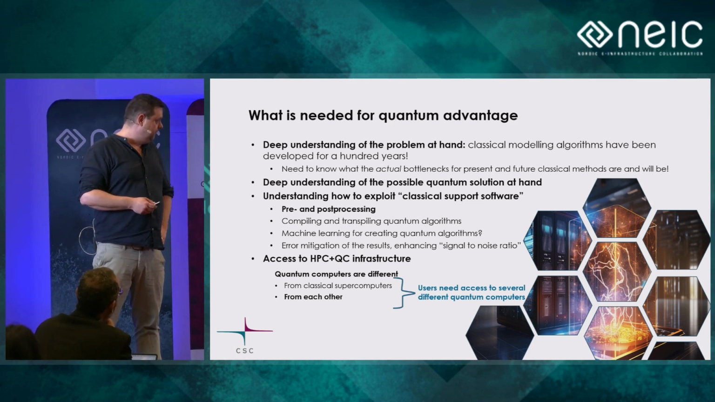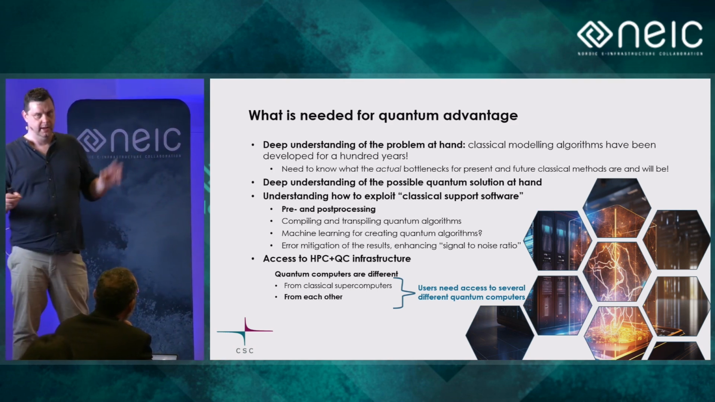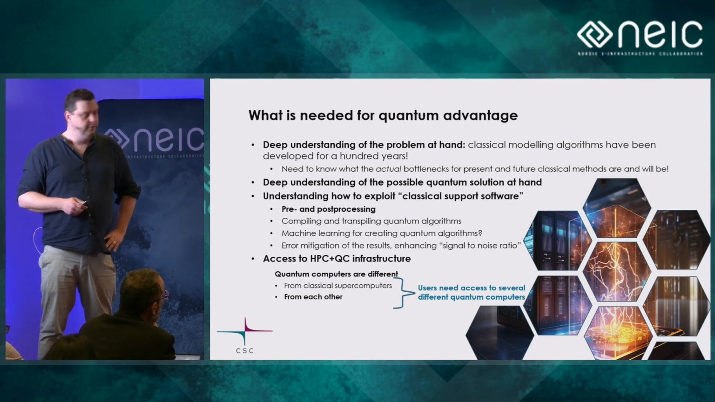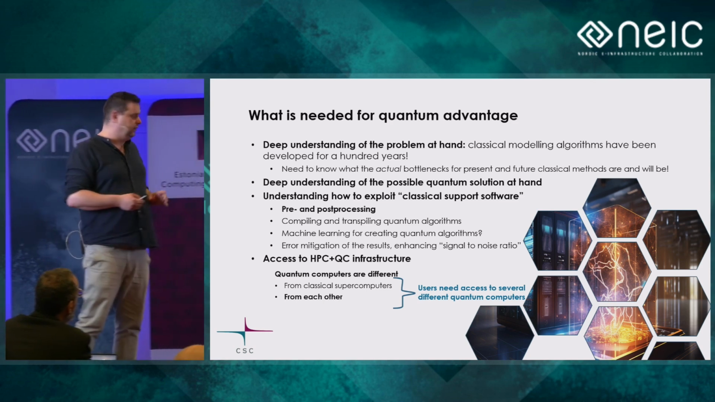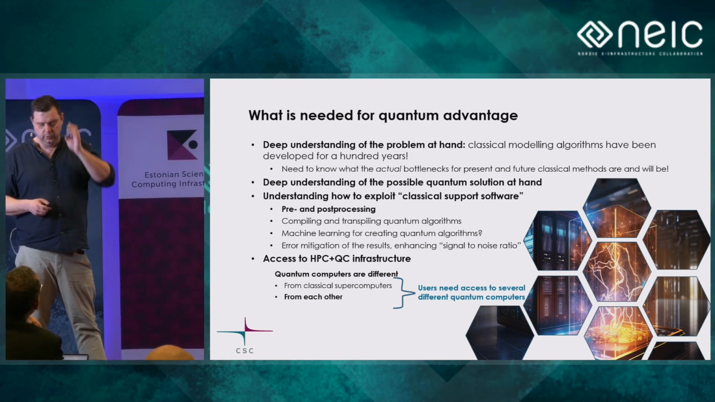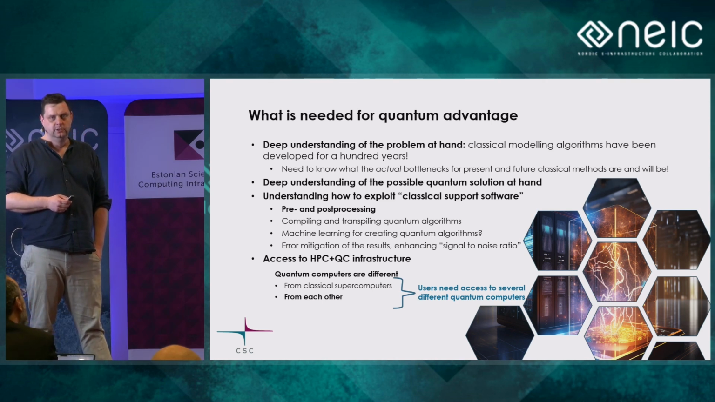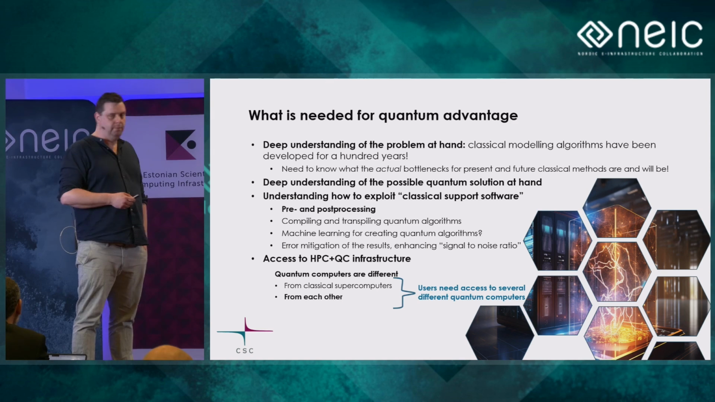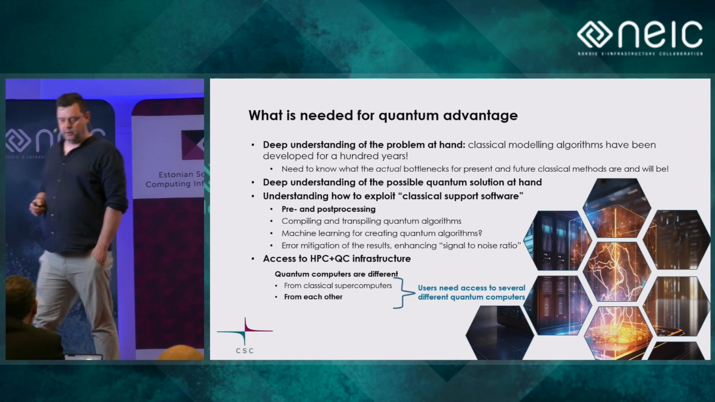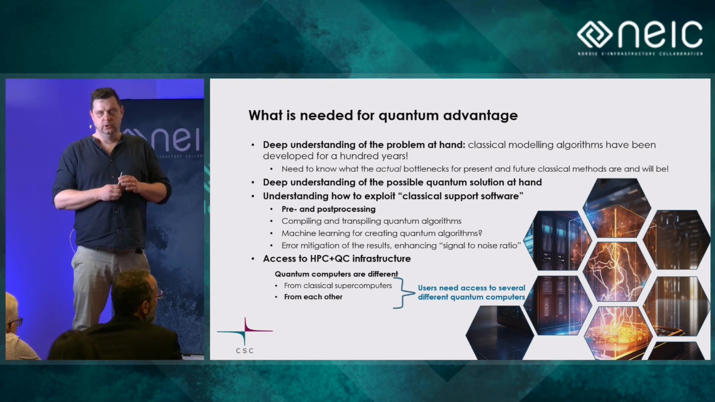So for this, we of course then also need a deep understanding of the possible quantum solution at hand. So we really need to combine all of these different knowledges. And then we have to know how to exploit classical support software, because quantum computers at this stage really need lots of support by HPC systems in pre- and post-processing of the data, compiling and transpiling quantum algorithms, for example, even machine learning for creating the quantum algorithm in the first place